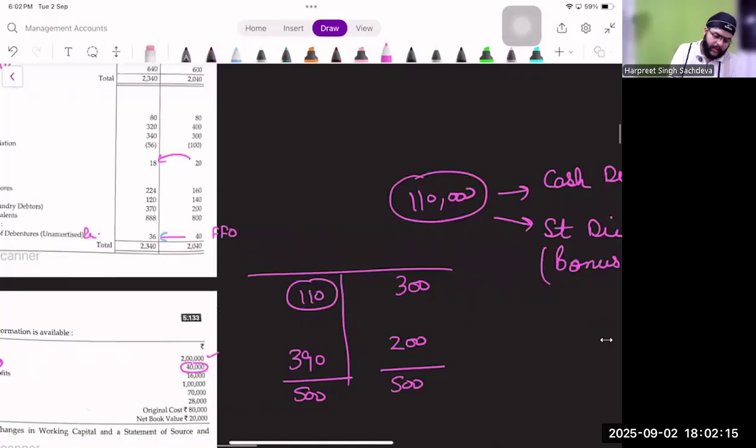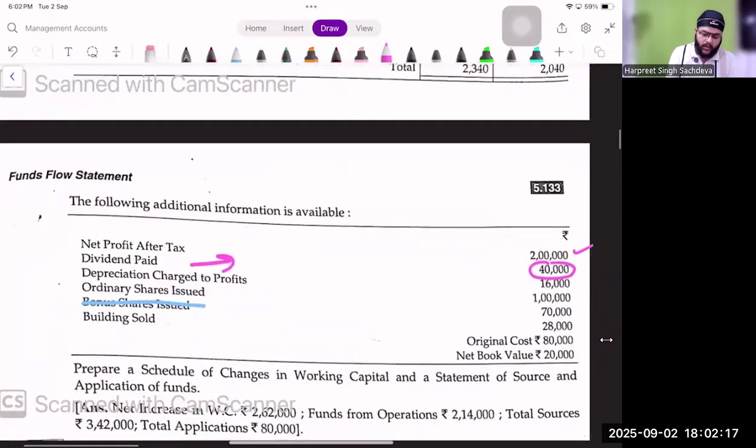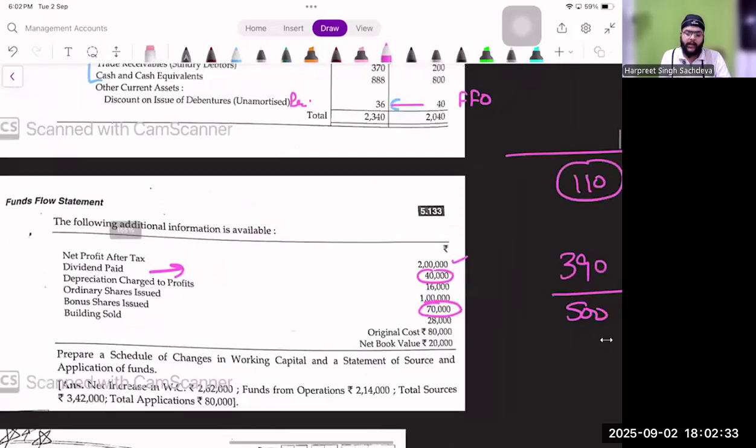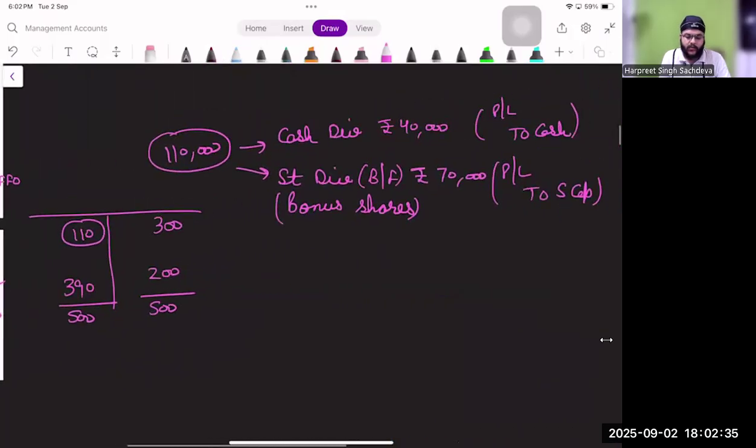ठीक है, और चेक कर सकते हो, क्वेश्चन में वो भी given ही सी राजा, bonus shares issued is also given. So कुछ भी बैलेंसिंग फिगर की जरूरत नहीं पई। क्लियर राजा? डिविडेंड पेड फाइंड करन दी भी नीड नहीं सी इस क्वेश्चन में।